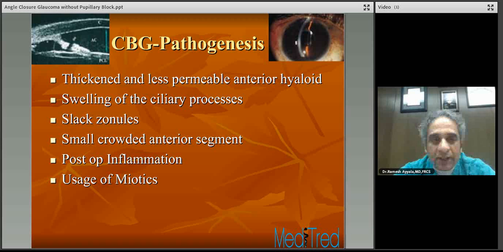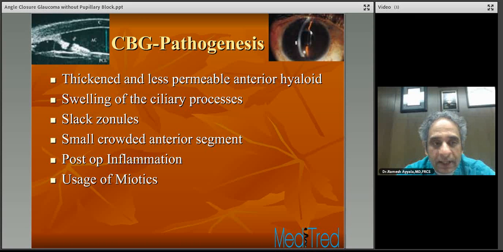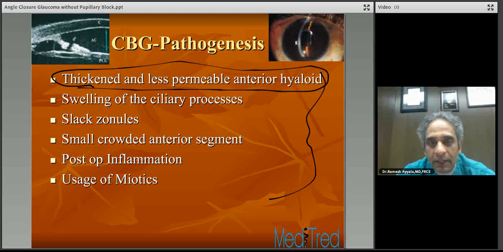now, we went through the pathophysiology of this to some degree. All of these mechanisms are associated with and complicate a malignant glaucoma situation. But most people agree that the anterior hyaloid face of the vitreous has a big role to play in this. A thickened and less permeable anterior hyaloid that is more anteriorly located, especially in the periphery, near the ciliary processes. Okay, so this anterior hyaloid in this area, when it moves forwards in response to shallow chamber or letting